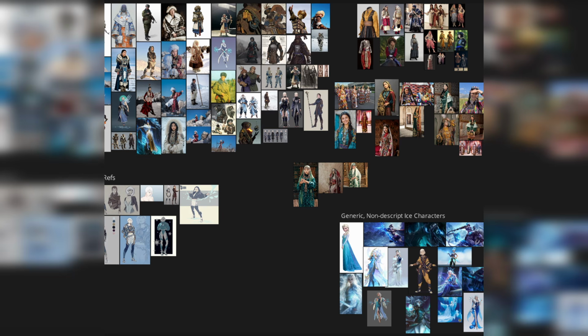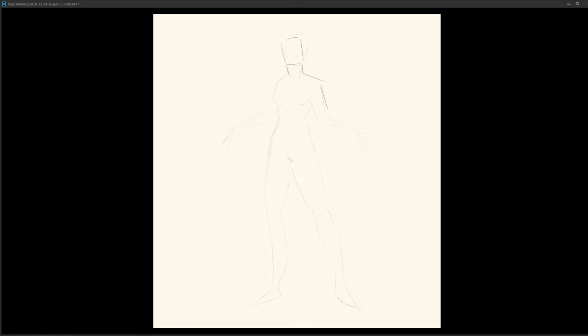This specific board encapsulates what I want to see and things I don't want to see. I don't have a specific system for how I create these reference boards, and sometimes I don't even have reference boards, I just have images. But I wanted to illustrate how I would go about gathering references for this piece. Okay, let's get to drawing.